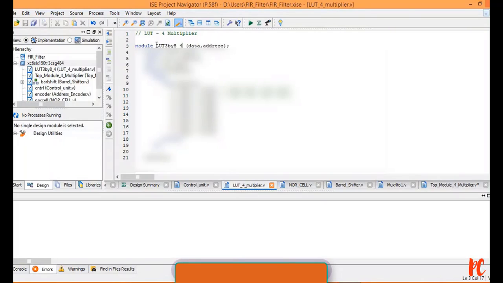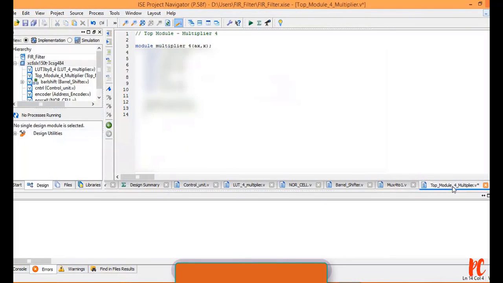Copy it, paste it, followed by some instantiating name G3 and W3 comma W0. Last but one, I need to instantiate the NOR cell because this will be acting as my active reset.